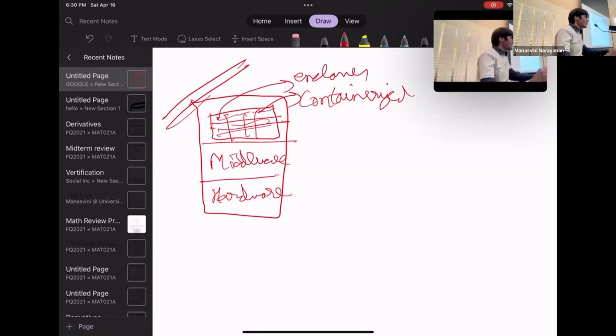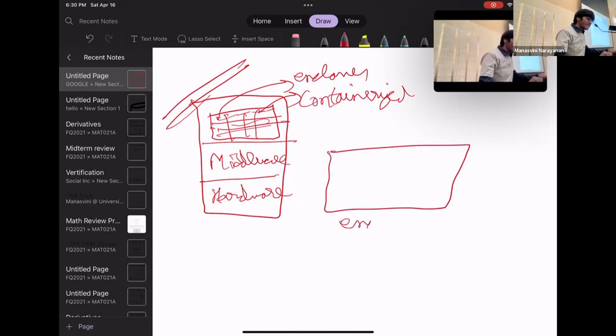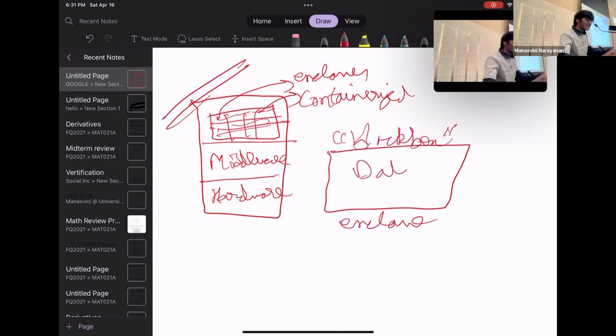Now let's zoom in and see what this enclave does. Let's say this is my enclave. You can consider it to be a black box. What it basically does is, it has the data that we just talked about initially. And it also has the code, the method, the procedure, or the techniques that work on this data.